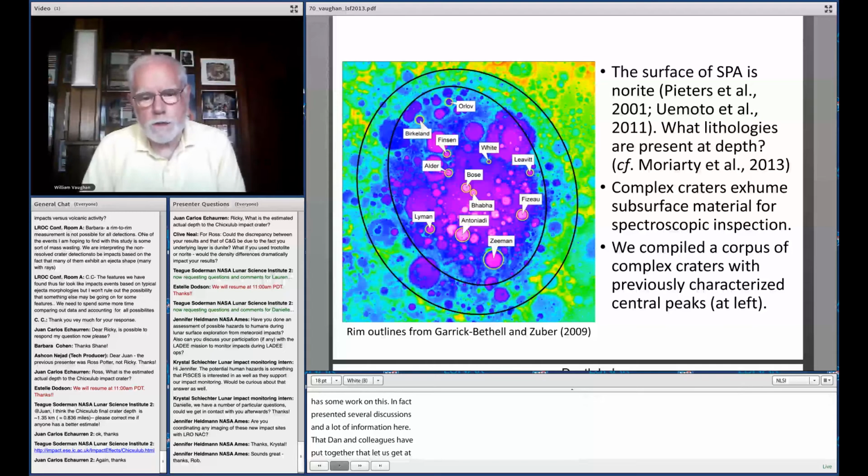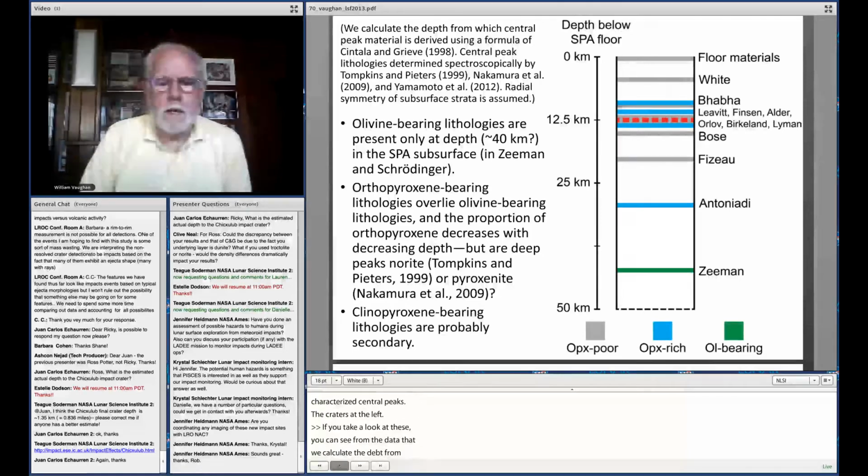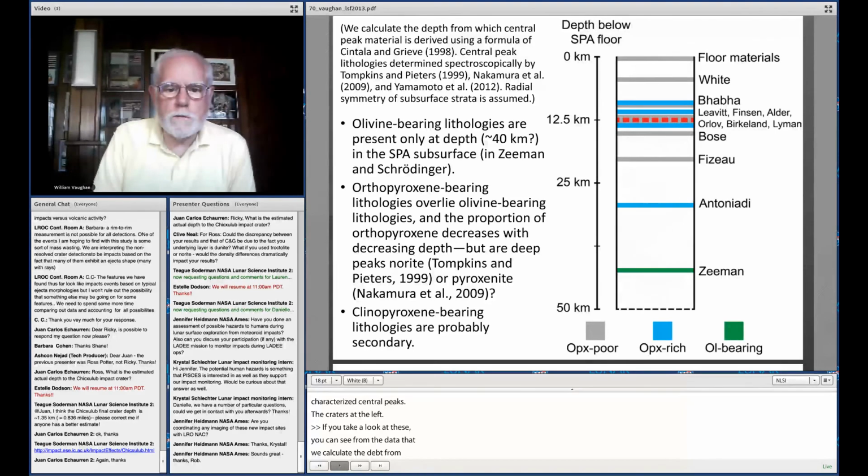Complex craters exhume subsurface material for spectroscopic inspection. You can see the list of the craters here and their locations. So we compiled data on these complex craters with previously characterized central peaks, the craters at the left. Next, please. If you take a look at these, you can see from the data, we calculate the depth from which the central peak material is excavated or derived by using a formula from Cintala and Grieve,